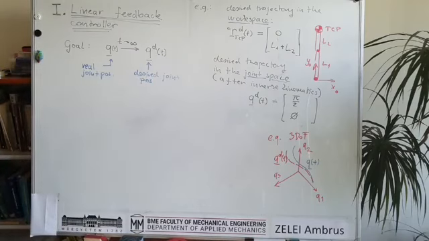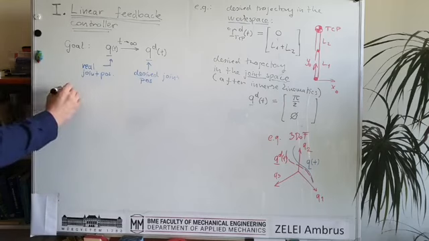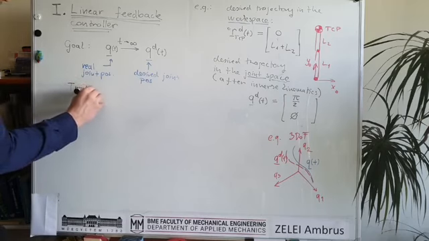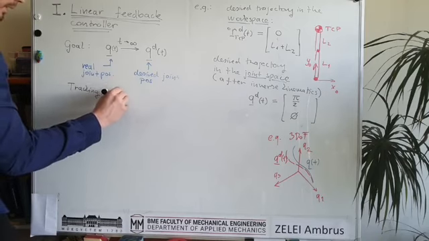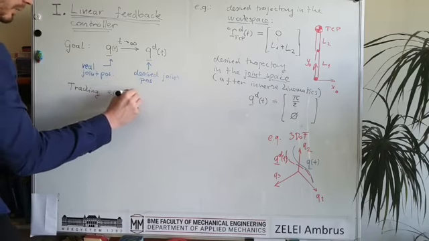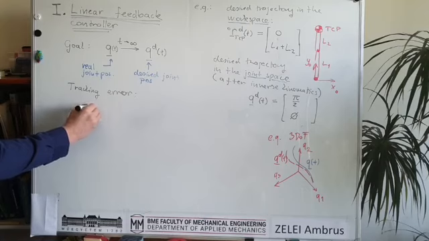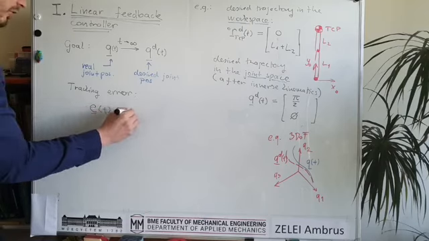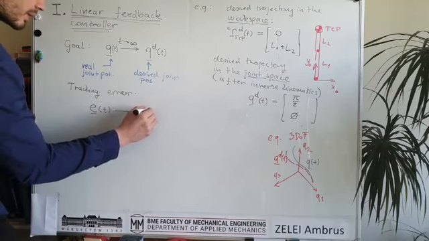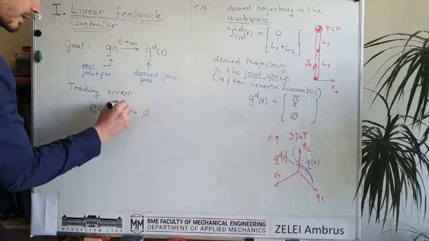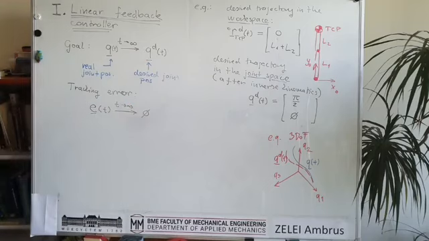Or in other words, we can say that the tracking error should converge to 0. So this is another formulation of the same thing. We say that the error, which depends on time, should converge to 0 if time propagates to infinity,